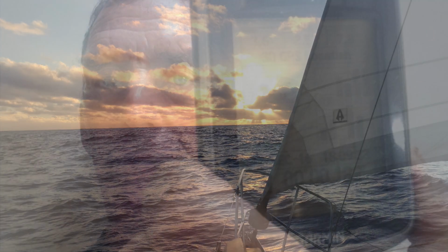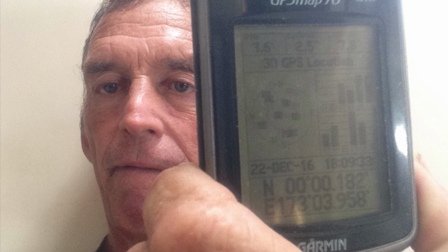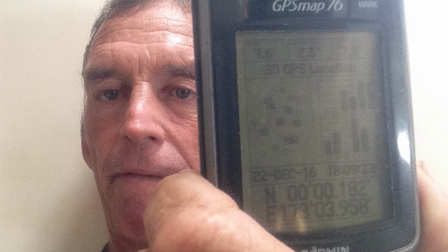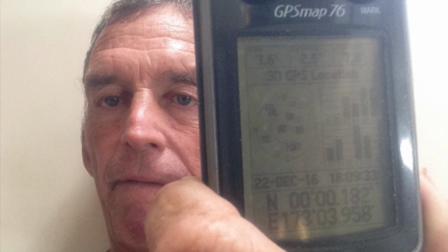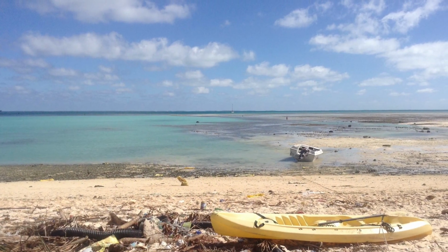And here I am, this is my GPS showing that I'm crossing the equator. And this was the first time that I'd been back in the North Hemisphere for, I believe, about 3.5 years. So it's usually sort of a big event. Although I was by myself, I still acknowledged it. And so I arrived